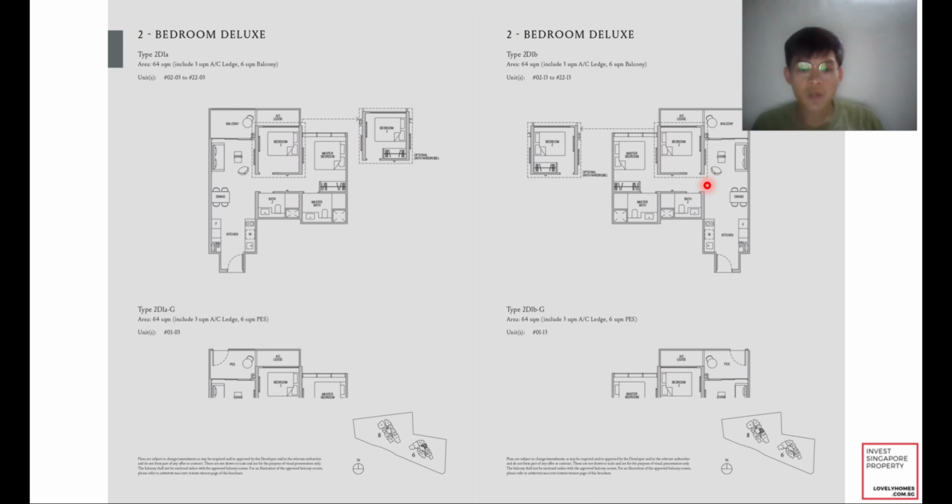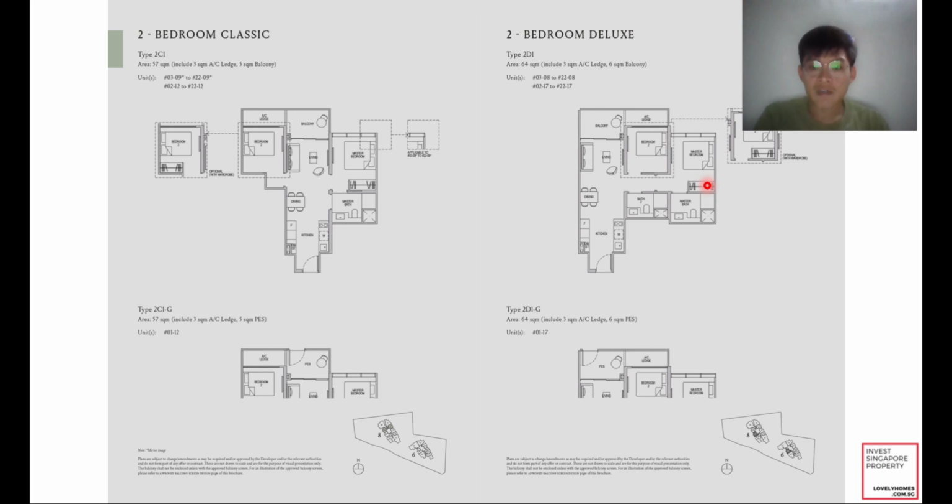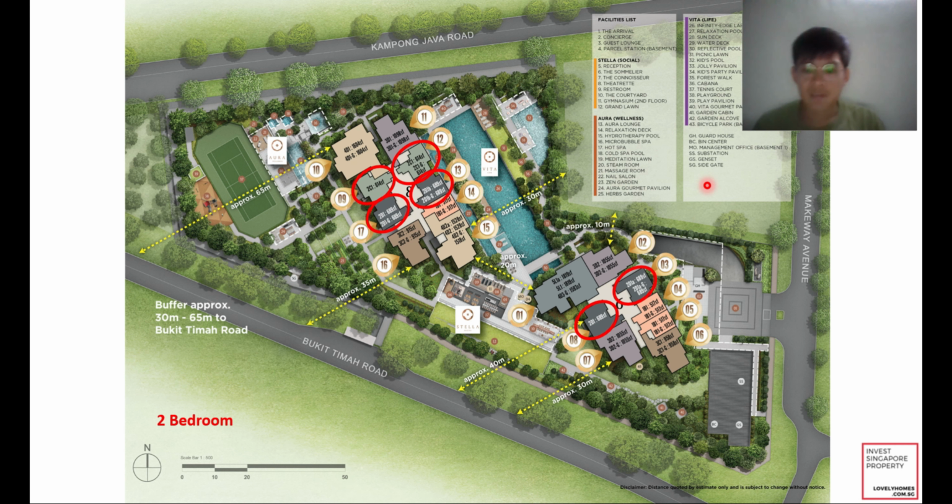Okay, so once again, let me just go back to the site plan. Once again, you have to really think long and hard whether you want to be sensitive towards certain unit numbers, or you want to be at a better position to sell and let go of your place, or maybe even rent out your place when it comes to rental income or something like that. Because